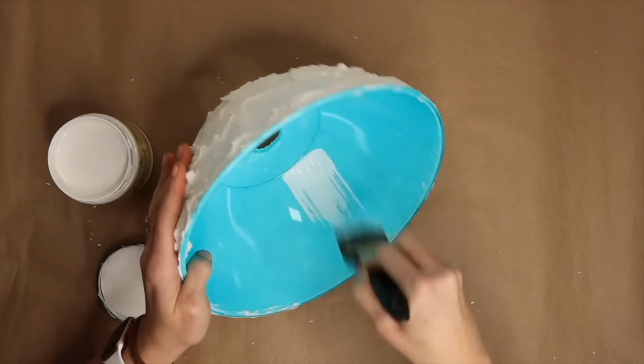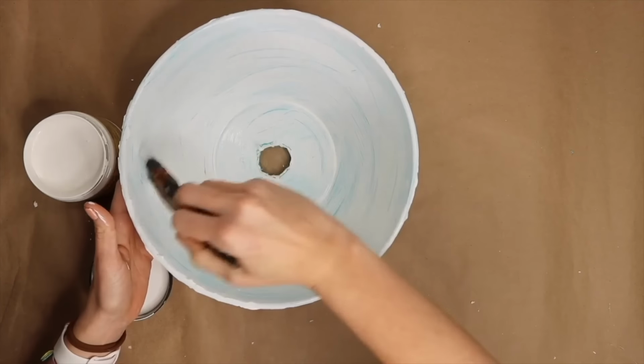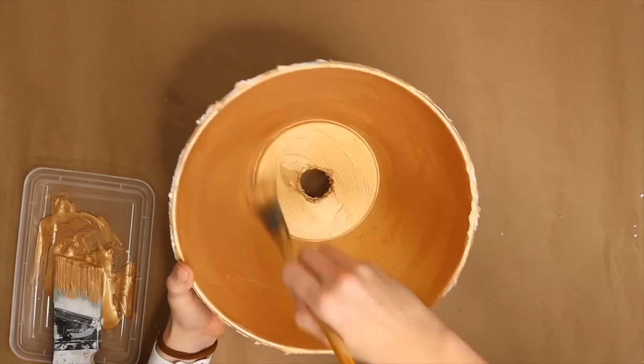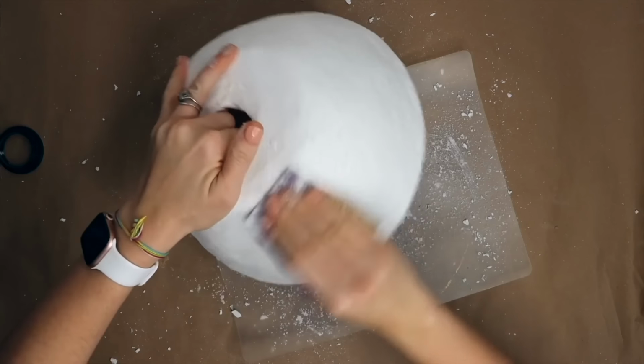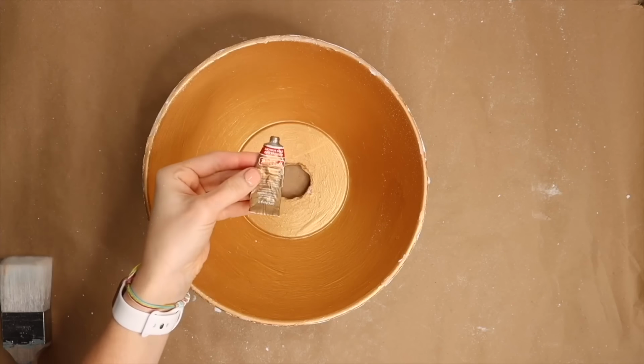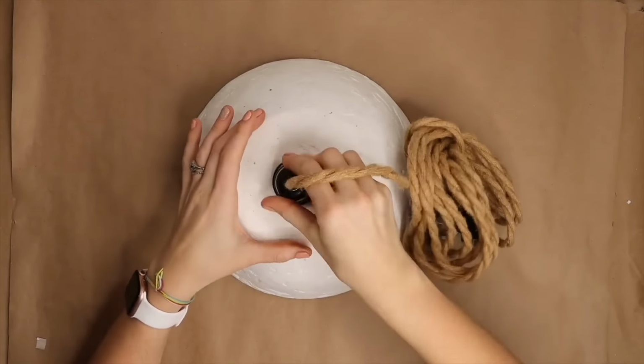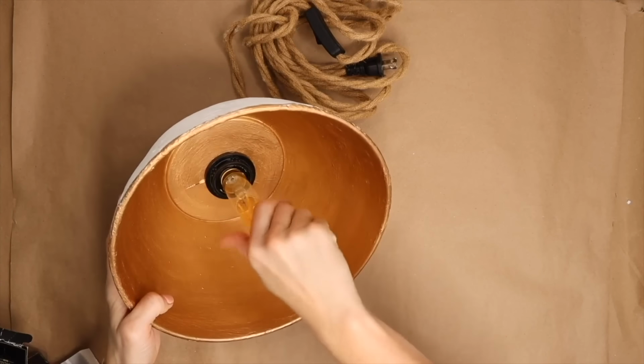Add Dixie Belle's Slick and Stick to the inside of the bowl with a paintbrush. Take Modern Masters metallic gold paint, at least 2 layers. Sand the surface of the spackled exterior. Take Rub and Buff and buff into the surface of the bowl interior. Take a hanging light kit from Amazon, add a light bulb of choice,